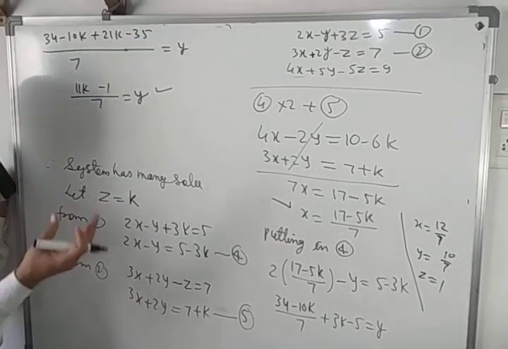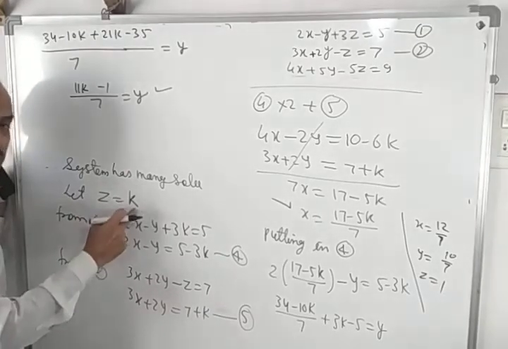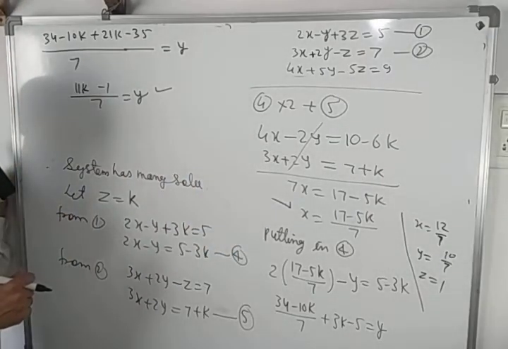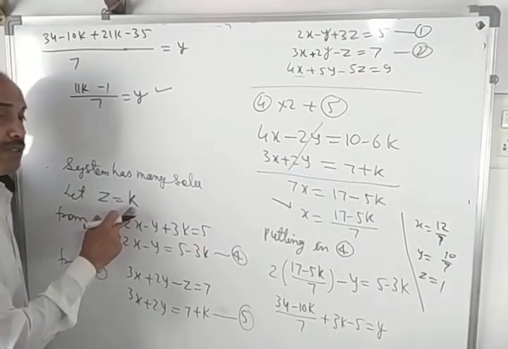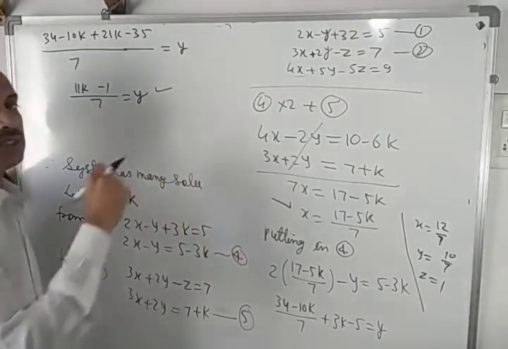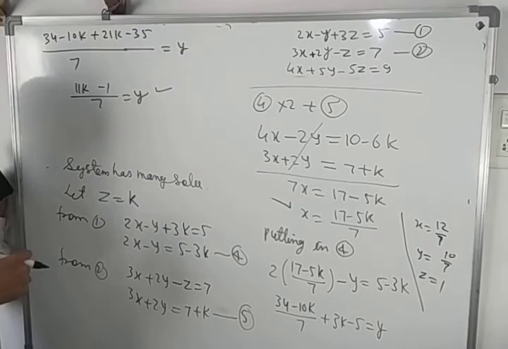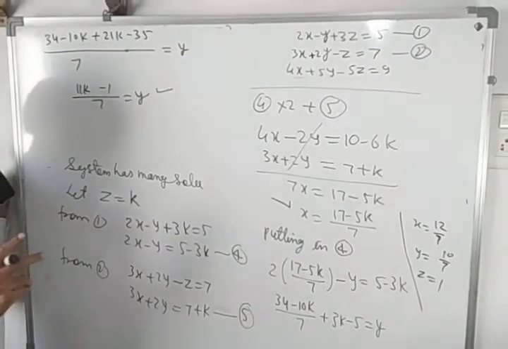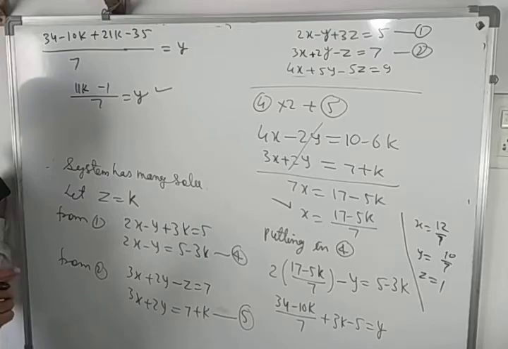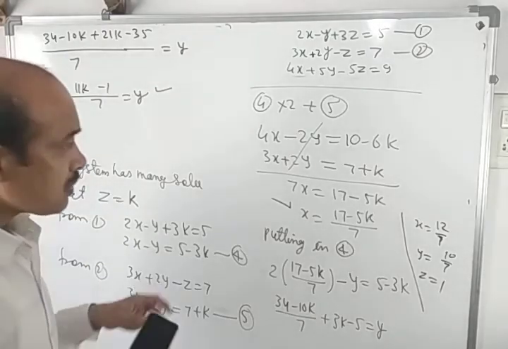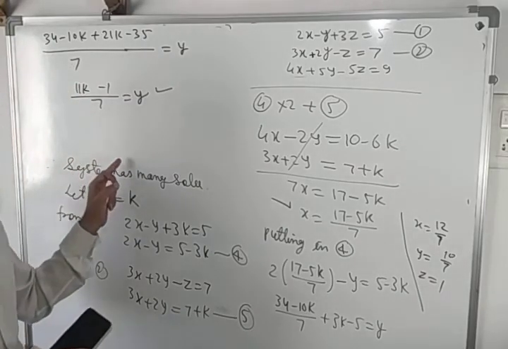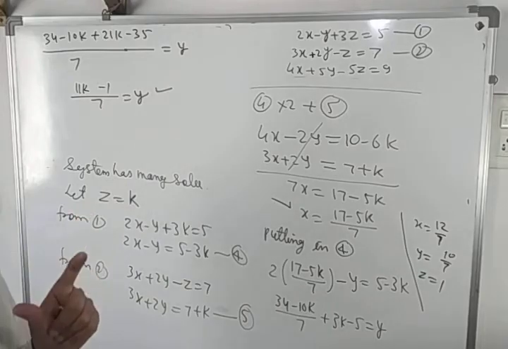This is one solution, by supposing z equal to k equal to 1. But if you suppose k equal to 2, you will get another set of values of x, y, z. So for different values of k, we will have different solutions. And we have many options to put k, so we will have many solutions. So this is the example of how we get the solution of a system of equations when determinant of A is 0 as well as adjoint of A into B is 0. You must remember, this is the second case.